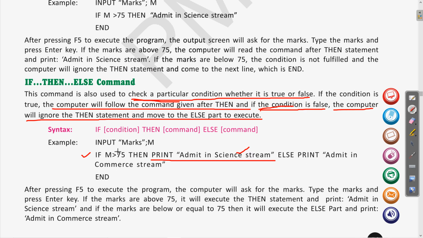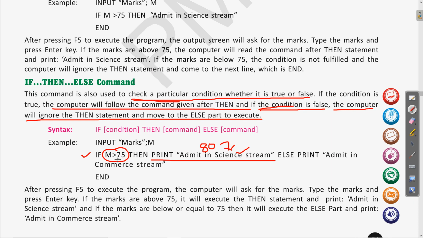So here this is the condition check. Earlier we gave 80, so if m is equal to 80, then this then will be executed and this statement will be printed.